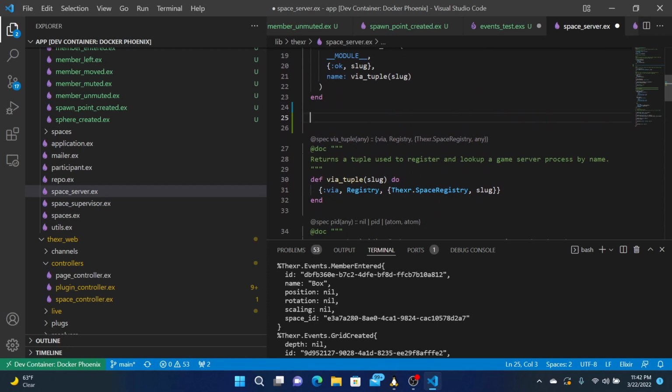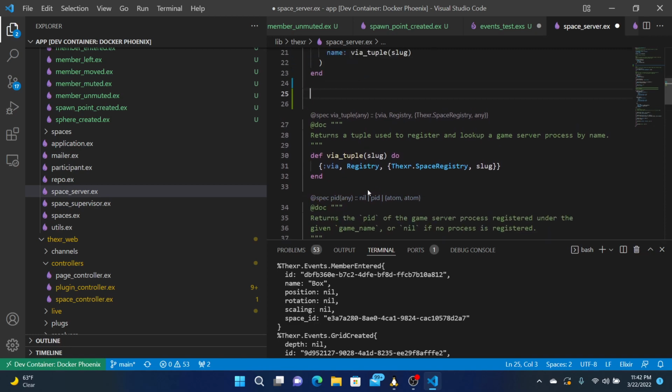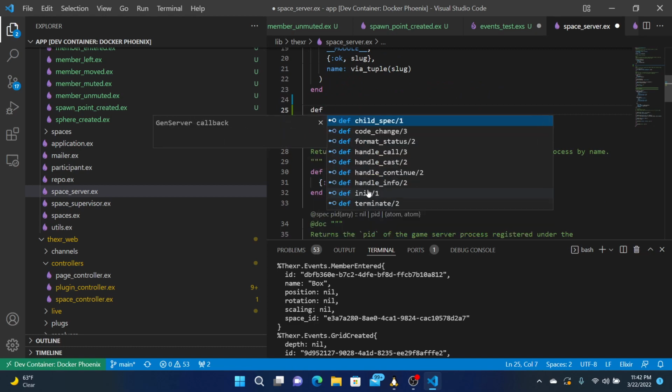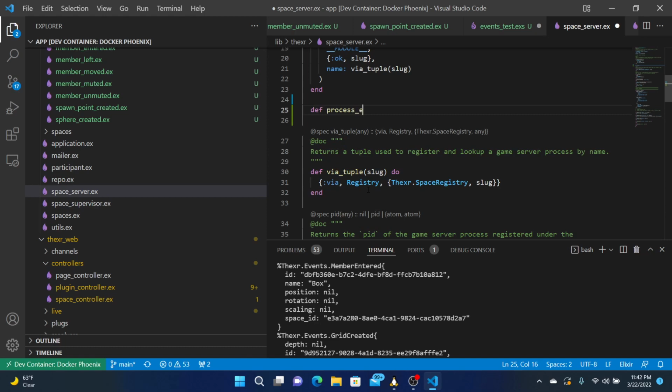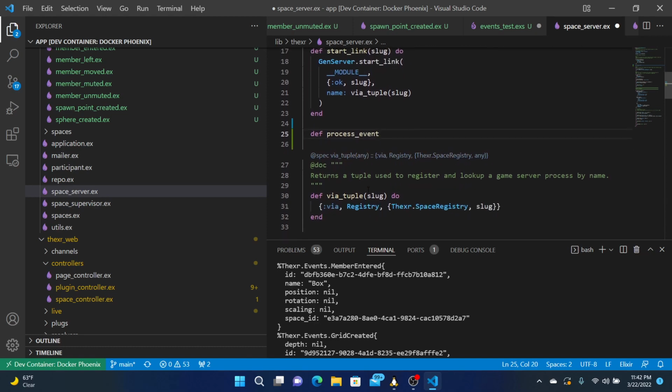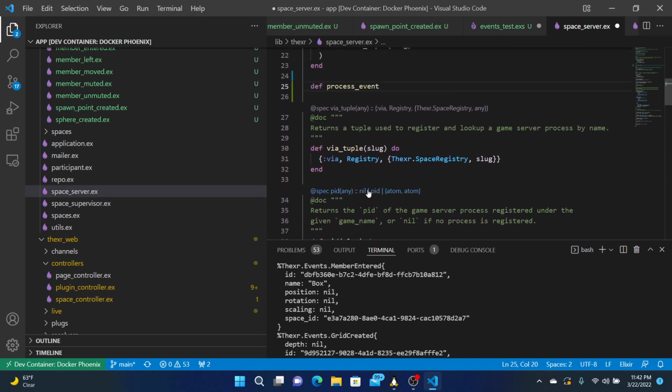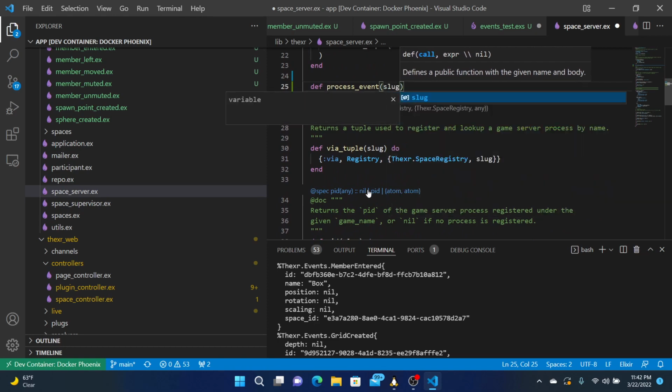We're not calling this server a lot. Okay, so process event. And we're going to need the what? The slug and the event.